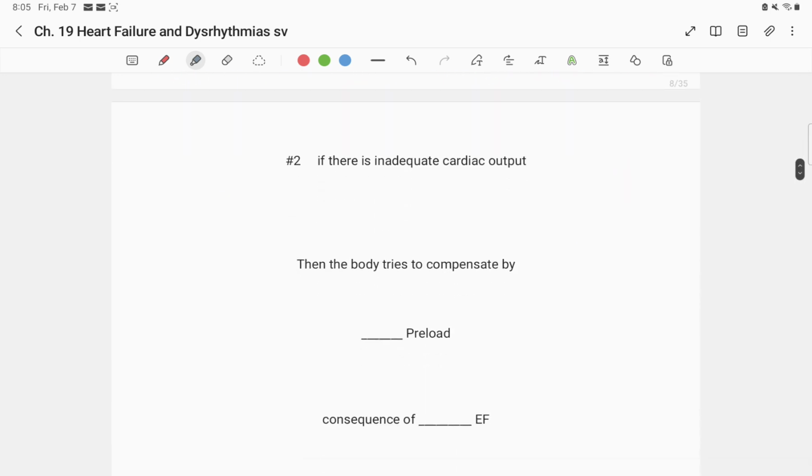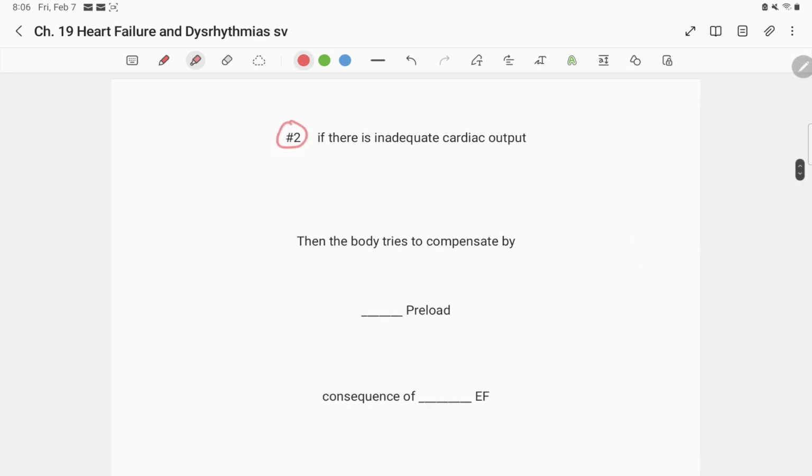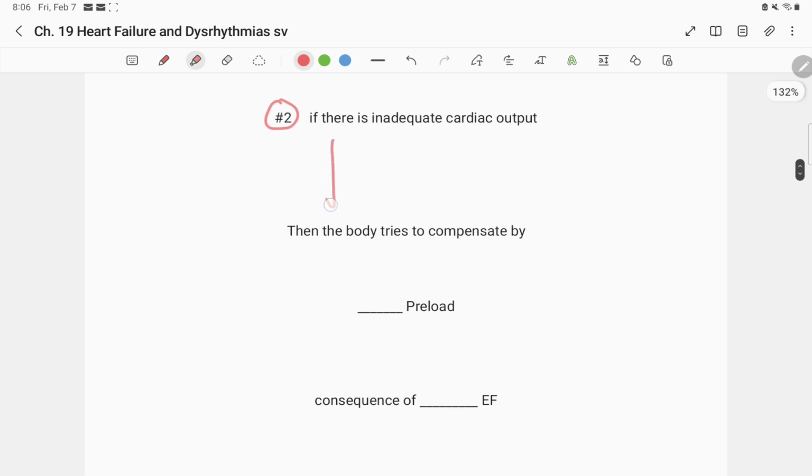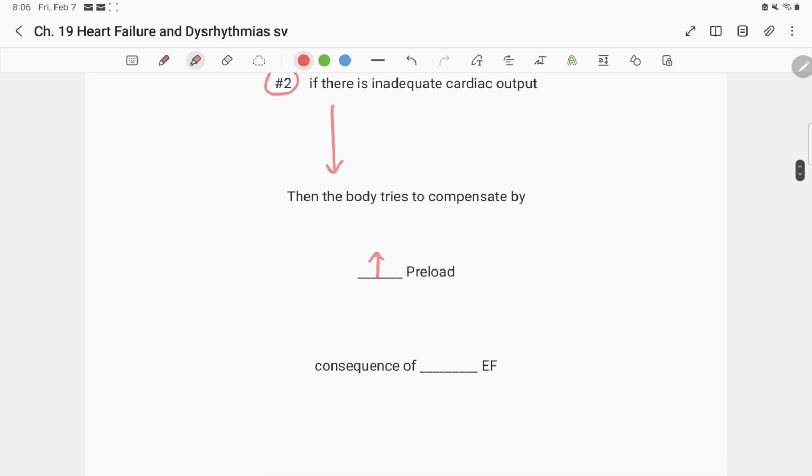All right, second, if there is inadequate cardiac output, then the body tries to compensate by increasing the preload. Okay, so number one is by activating sympathetics, activation of the RAS system. Second is increasing the preload. Okay, by increasing the preload,